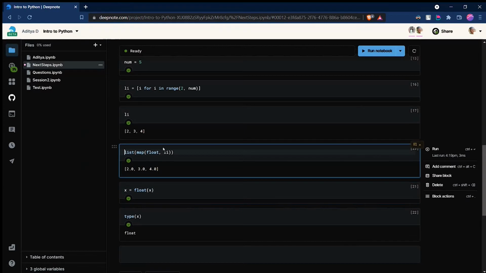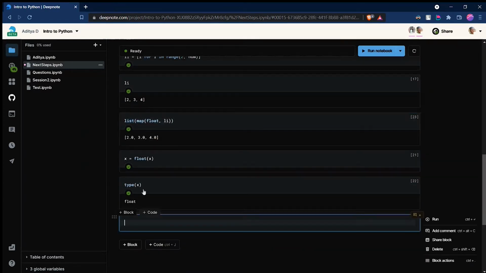Now instead of float, you can also give specific functions that you make yourself, preferably a lambda function. Lambda functions are one-line functions without names, and you never use them again. I use them only in this place.